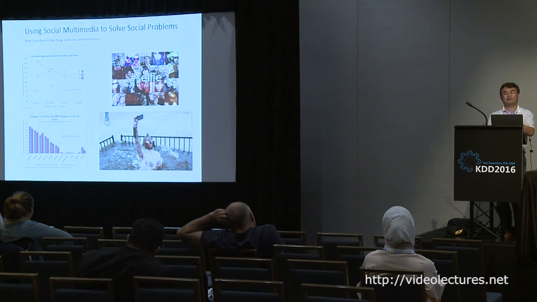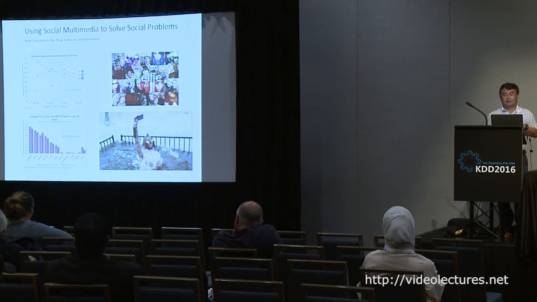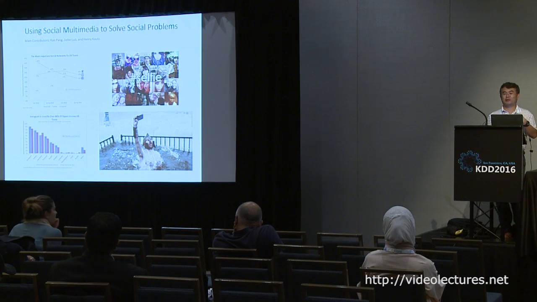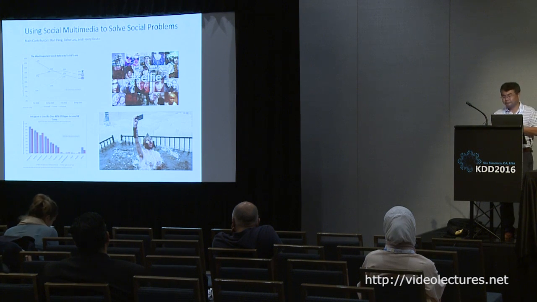And if you do it on one face, the state-of-the-art face recognition algorithm or age recognition has an error of plus minus 5 years, which is not an issue for someone like me. If I'm 5 years off, I'm still the old guy. But for a teenager, if you are 5 years off, you could be legal, could be illegal, right, for drinking. But the good thing is they have so many selfies, you can estimate on each one of them, you aggregate. And actually, you can cut down the standard deviation to 1 year old. Then we are in business. So now we can identify on Instagram who are teenagers.